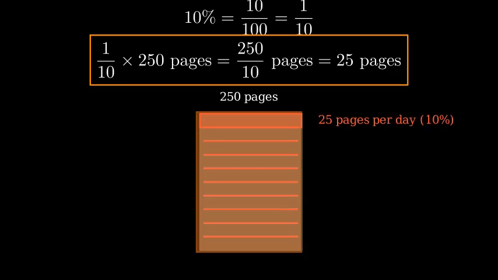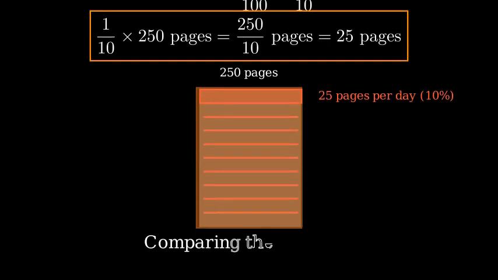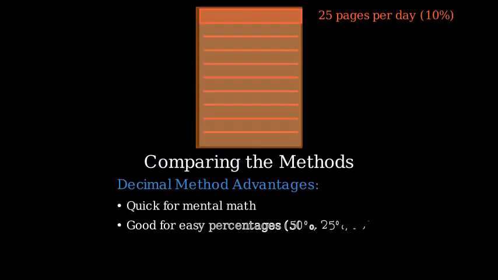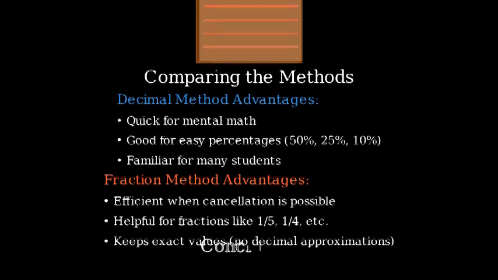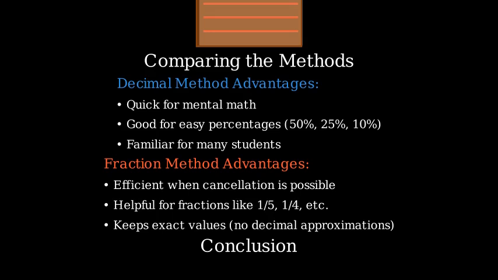Now, let's compare these two methods. The decimal method is often quicker for mental math when the percentage is easy to convert, like 50% or 25%. The fraction method can be more efficient when the numbers allow for easy cancellation, especially with fractions like 1/5 or 1/4. In conclusion, both methods will give you the correct answer, so you can choose whichever one you find easier